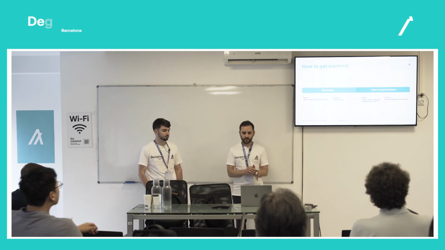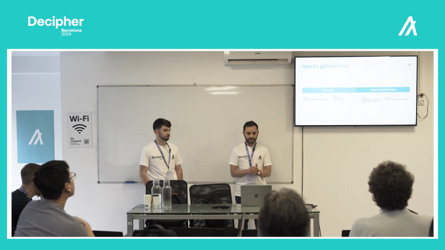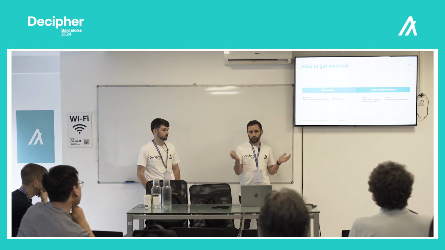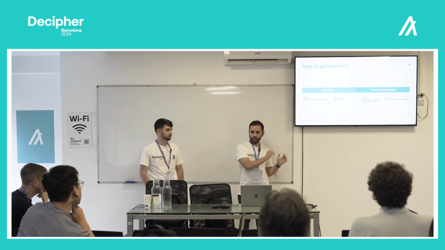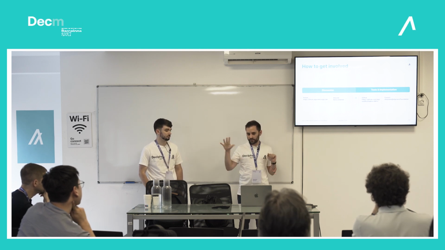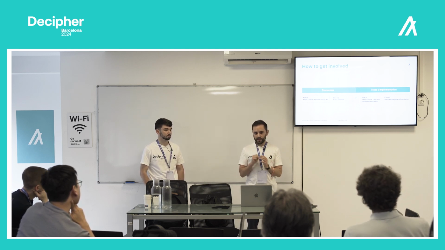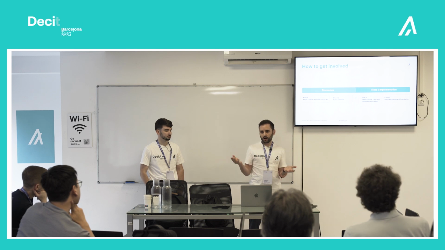So how to get involved in the ARC process? You can submit an ARC. You should vet your idea first on the forum, then you will submit it on GitHub, and you will need to discuss it mostly on Discord or maybe on Twitter. And then you, as an ARC author, need to discuss with important stakeholders of the ecosystem.